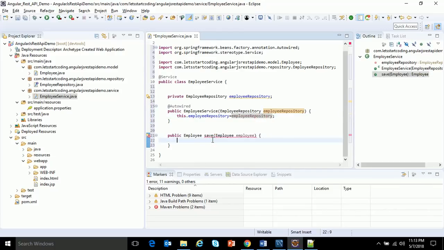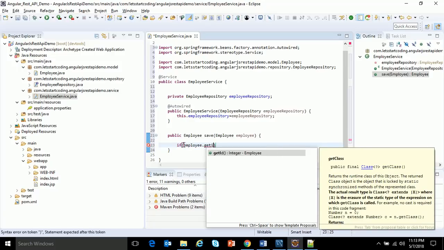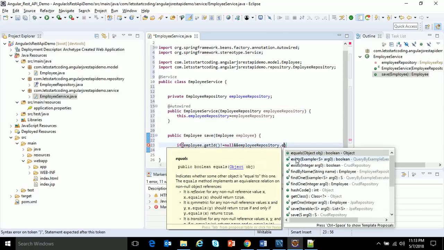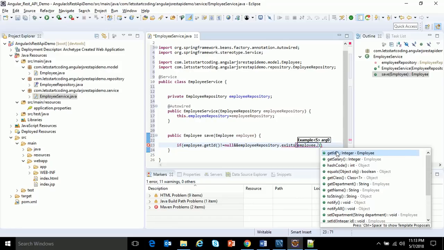I'll be adding the return statement, which is: if employee.getId() is not equal to null and employeeRepository.exists(employee.getId()),